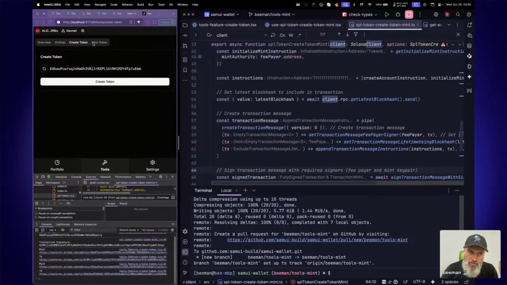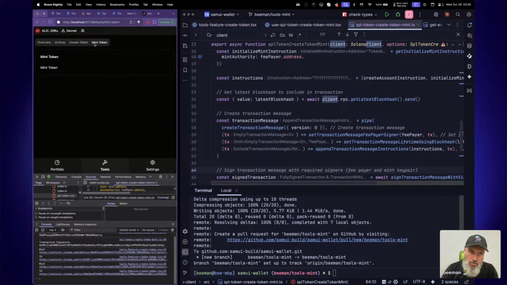Let's see if we can actually mint some tokens. So what I want to do is at least add the option for decimals, create a token, and keep track of the mint that we actually had, so that in the mint token UI, we can say, oh, this is the token you minted at this time. So you can kind of remember. Now from that mint, we also want to know which wallet it was. So let's actually add some notes